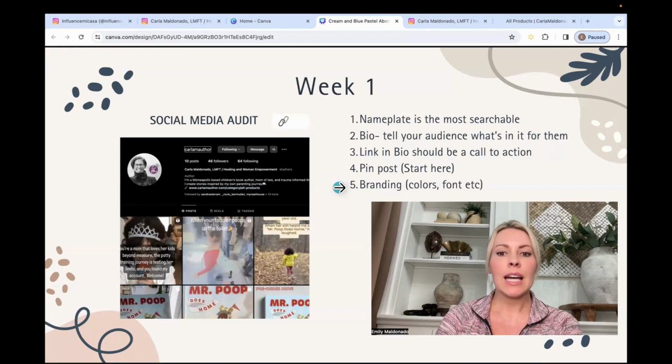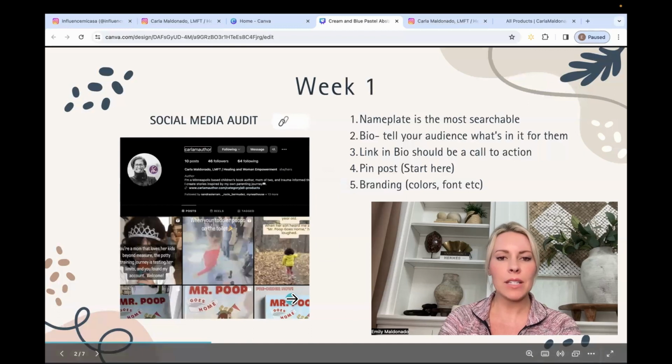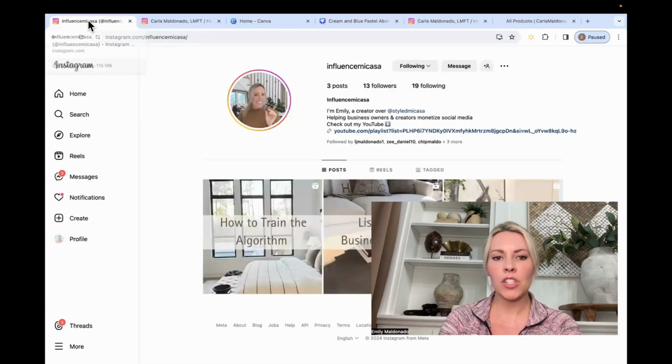Number 5, again, this is an advanced strategy. You don't have to do this in week 1, but I do want to mention it in case you're somebody that already knows how to edit content and maybe you're already using a tool like Canva. You can start out by creating brand colors, fonts so that your page looks cohesive. You can see in this example, we haven't done that with Carla's page yet, but I want to open up another page that I just started, a brand new page that's going to be attached to this type of content in helping business owners and creators grow.